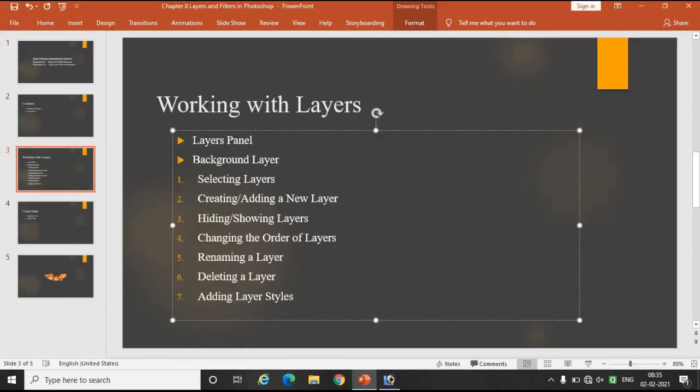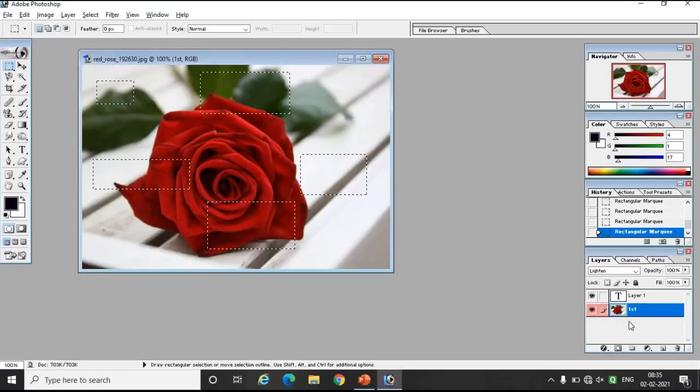Now the next point over here is how to create or add a new layer. So there are two ways for creating or adding a new layer. First, one way is you have to click on this shortcut, on this icon over here. See where is my hand icon, see my arrow where it is moving. Okay, here we have to go on an icon and click over here. The new layer will be added. You can see that a new layer has been added.